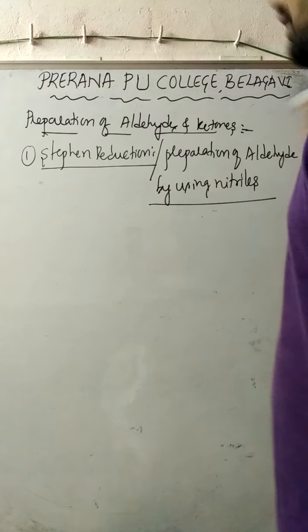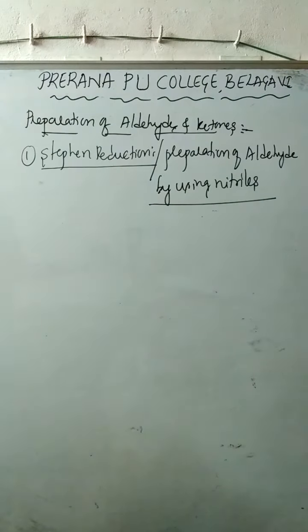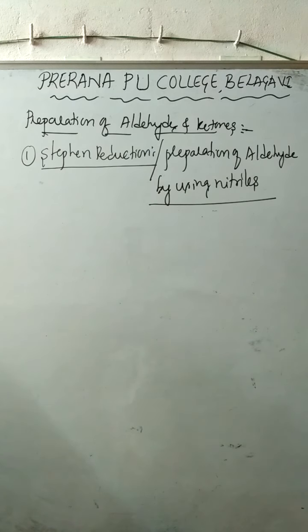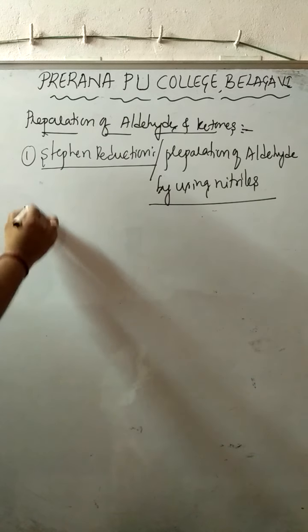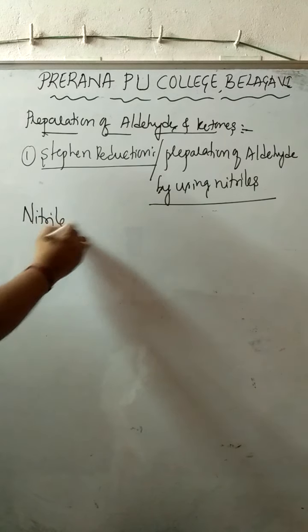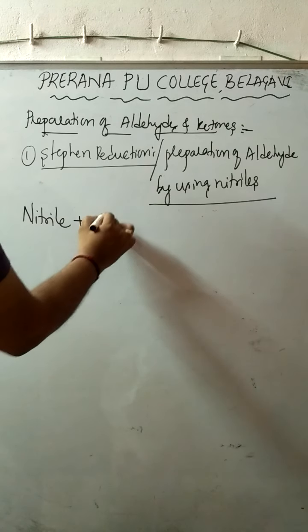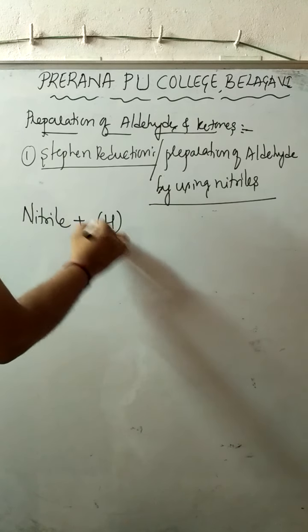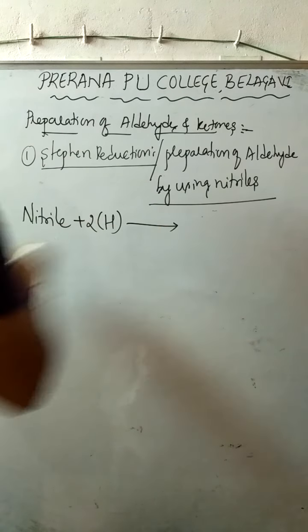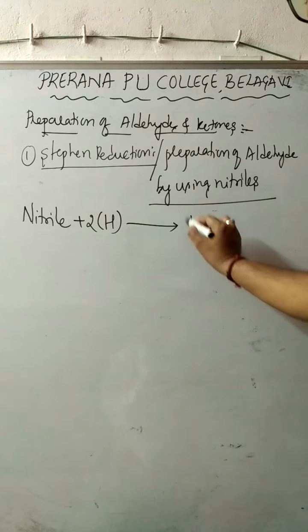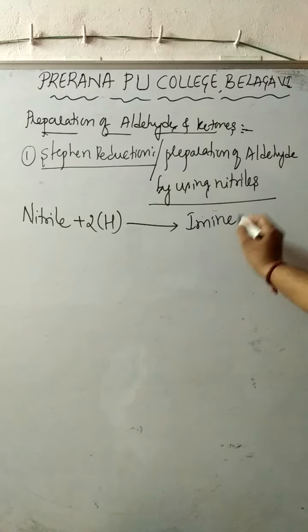nitriles, or else you can also call them what? Cyanides. So Stephen reduction, or preparation of aldehydes by using nitriles, explains that the reactant should be nitrile. When nitrile is subjected to reduction, reduction means what? Adding hydrogen. So when it is added with hydrogen, we are going to get an intermediate called imine